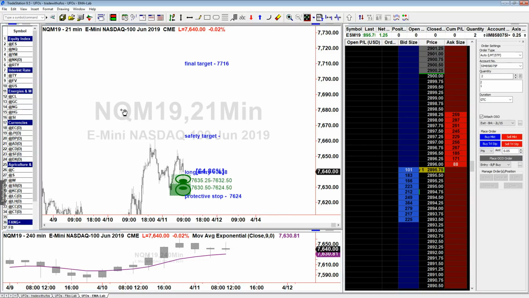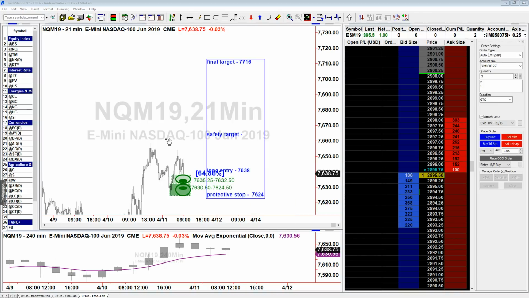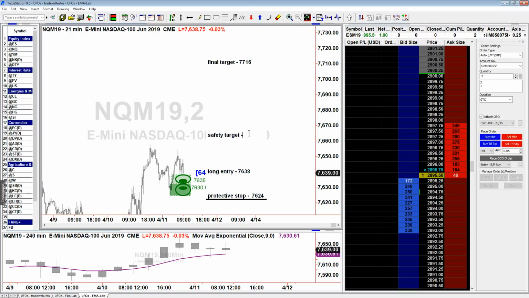Now, if I do this, and by the way, the market is just coming, so I better do this quickly. So if I enter at 38, let me get a calculator here. I was taking my time to plan the trade, guys, and now it seems that the market is coming to us. 78.38 and 76.24, so I'm risking 14 points. So if I add 14 on top of 38, I'm talking about 76.52 as my safety target. Okay, 76.52, and I will explain that in a minute.